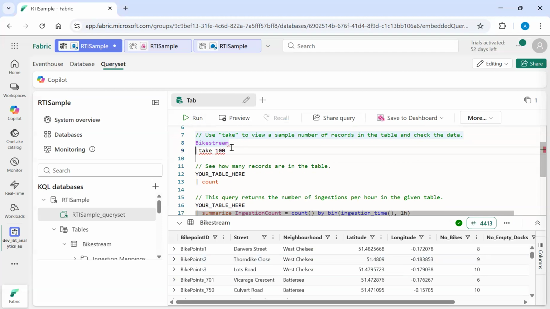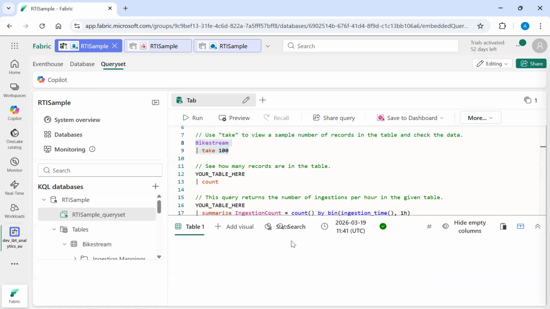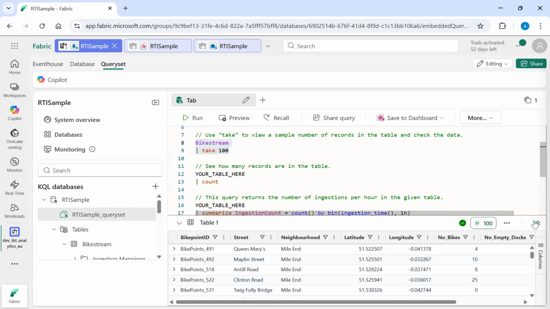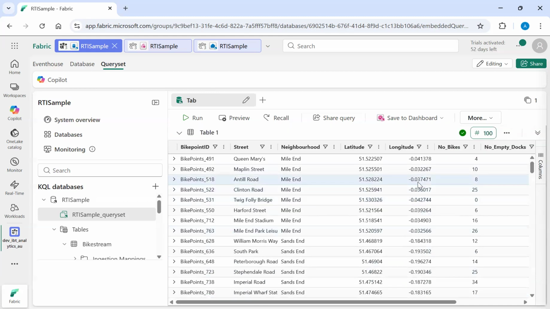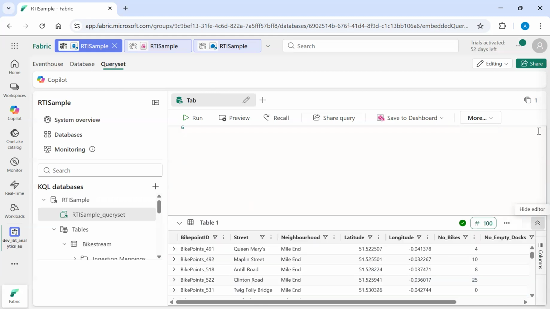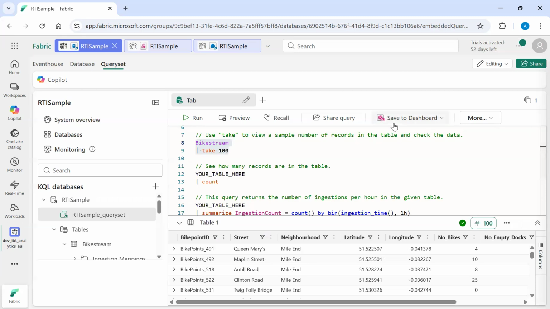So here the take operator is like a limit, a limit of 100 rows or 10 rows. It will limit the number of rows from the output. So pipe take 100 means it will display 100 rows in our output. We can just expand this and have a look. If I hit save to dashboard, the bike stream with all the columns will act as a dashboard, like